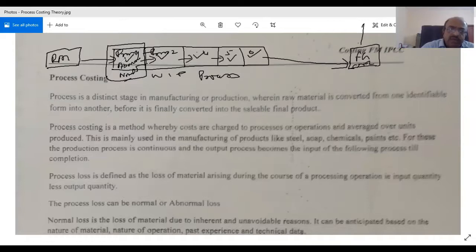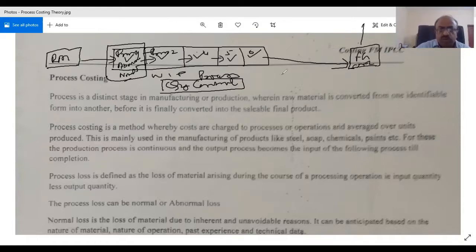So we are looking at accounting for each of these processes, wherein it is not just that goods have come and completed. There might be situations where you have, as I told you, WIP, abnormal loss, normal loss, all those things. But one of the most important things when you do process is your quantity control. Quantitative control first you have to do. Without quantity control, if you go to values, you will be in trouble.